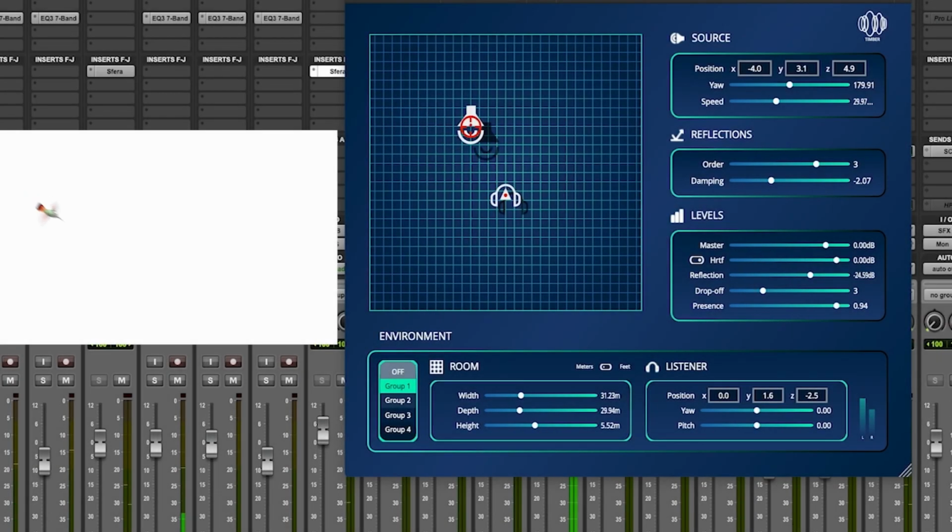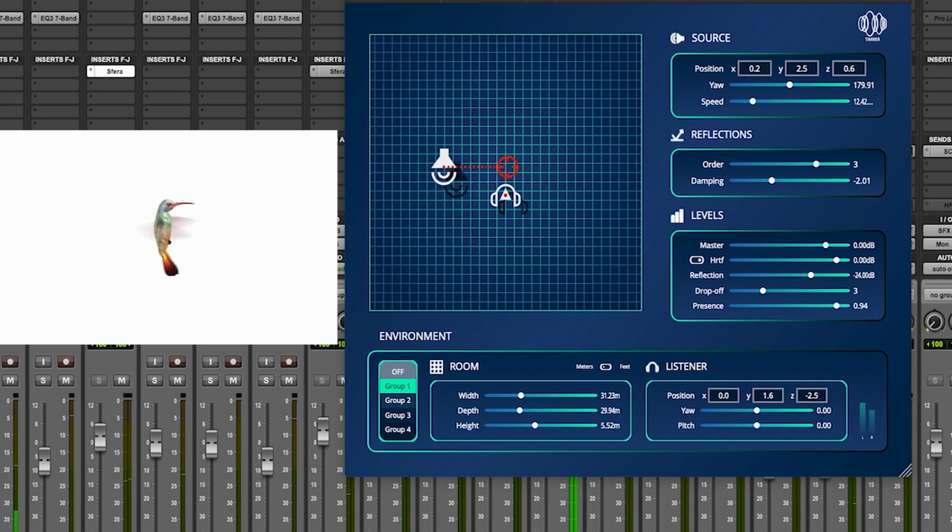Welcome to Sfera, the 3D audio plugin designed by Timber 3D. This tutorial will take you through the plugin user interface and how to correctly use each automation within the plugin for the best results. Before we start, bear in mind that 3D audio is a processed effect, a trick to